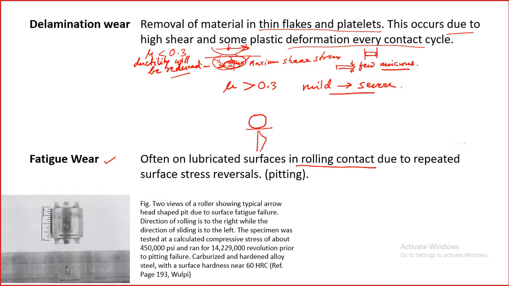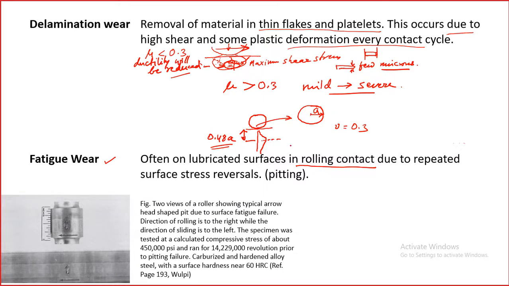So the shear stress will be higher, okay, and the distance of this is given as 0.48 A for a Poisson's ratio of 0.3. If the Poisson's ratio is 0.3, the depth of this maximum shear point is given as 0.48 A, where A is the contact radius. So if we look at this contact radius, it will look like a circle if we have a ball on a flat plate, flat surface, and this is A. So depending upon the contact radius, the depth of this maximum shear point will be decided by this 0.48 A,